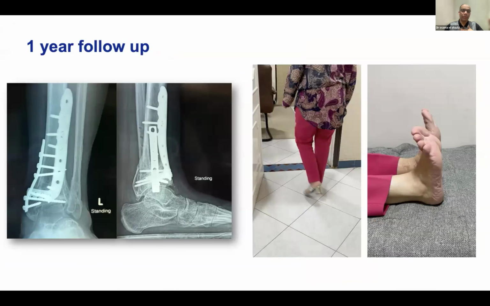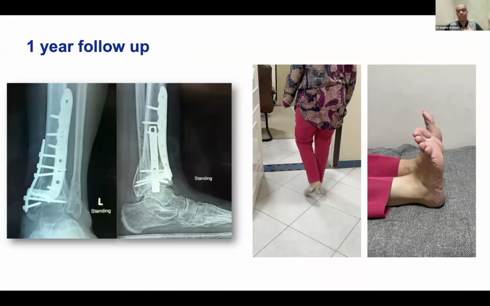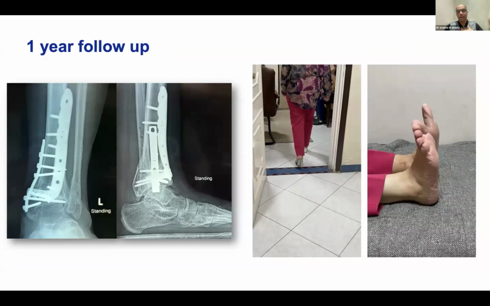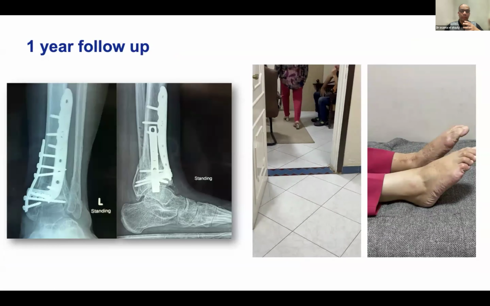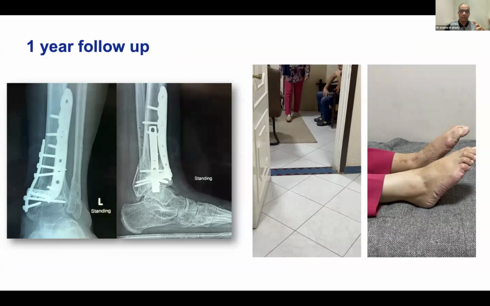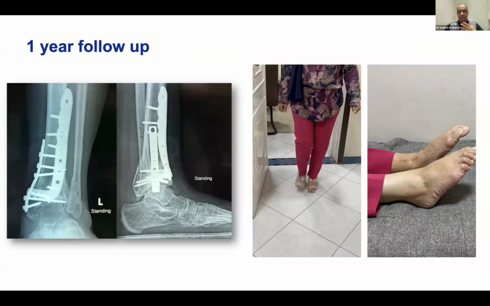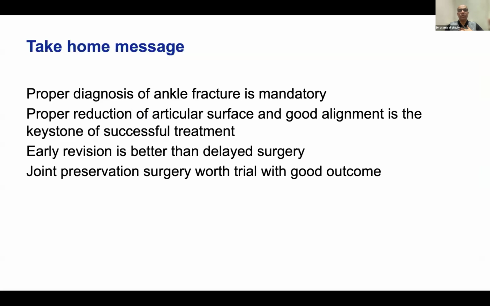This is the 1 year follow-up of the patient. The joint is still working properly. The patient is in good function, with good range of motion, and she is able to wear high heels. It's not ideal, maybe could be better, but the patient was happy with the outcome, without arthrodesis, and she can wear high heels. So my take-home message: proper diagnosis is mandatory for a good outcome